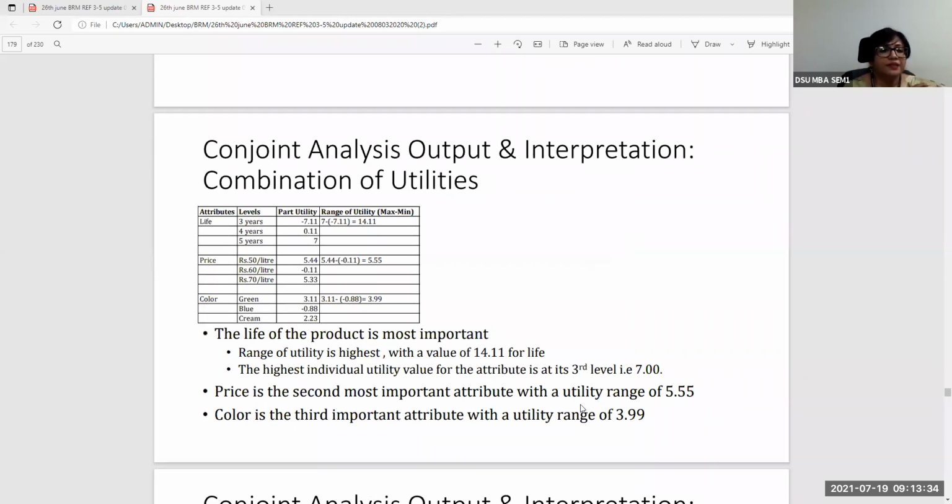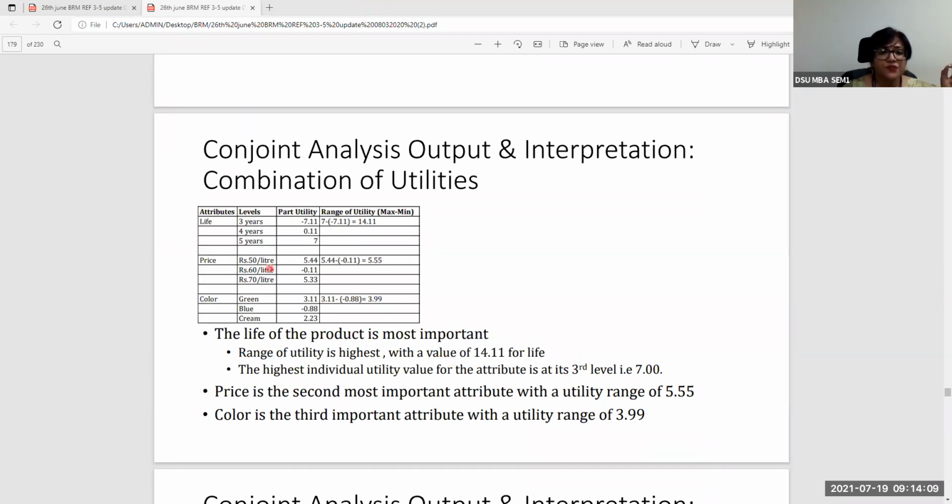So if you observe that, there are certain attributes, and if I can have the spotlight given here. What do you see here on the left hand side? That there are certain attributes like life of the product, the price level of the product, and the color of a product. So for example, you're trying to find out what kind of product can be suitable for a particular set of customers, and this is brought from one single customer. So somebody has indicated certain preferences, right?